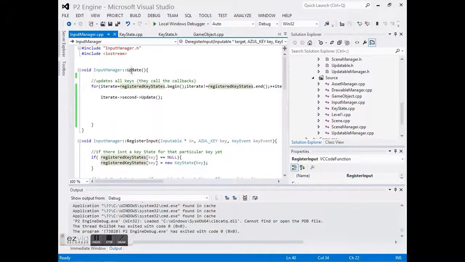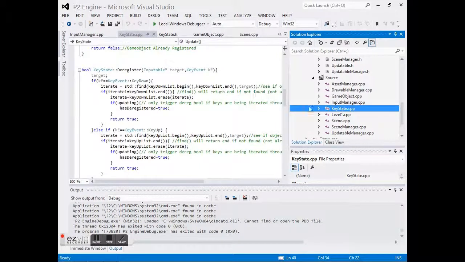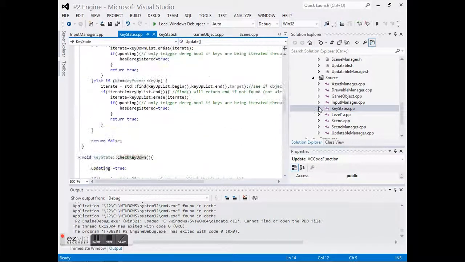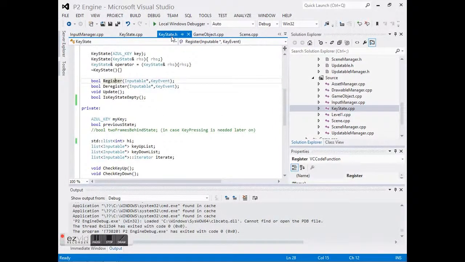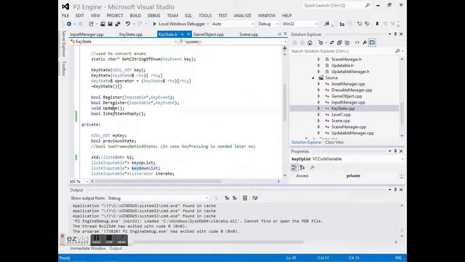And then you have the input update that all it does is iterate through those key states and then just calls their update. And the key state holds two lists. That's basically just the list of inputables that are registered for the key up event, and then another one for the key down event. And it has an update, register, deregister. Like I said before, it's called from the input manager,